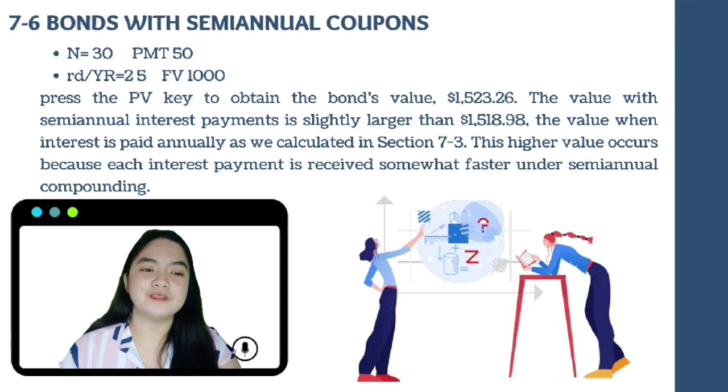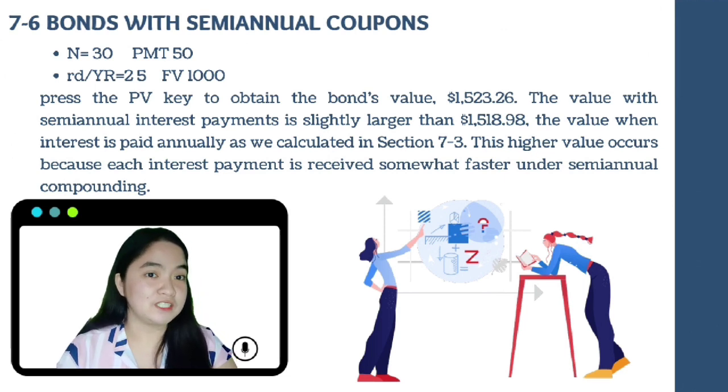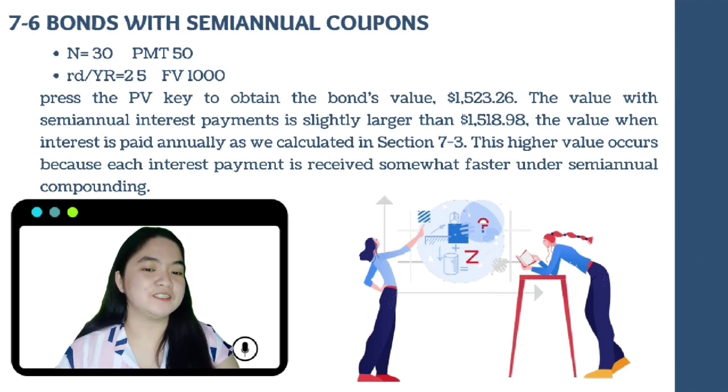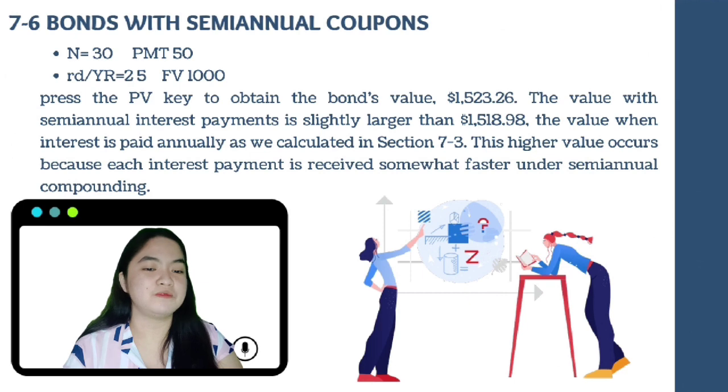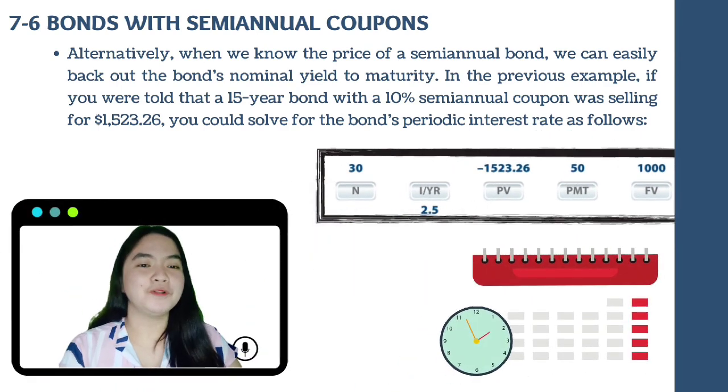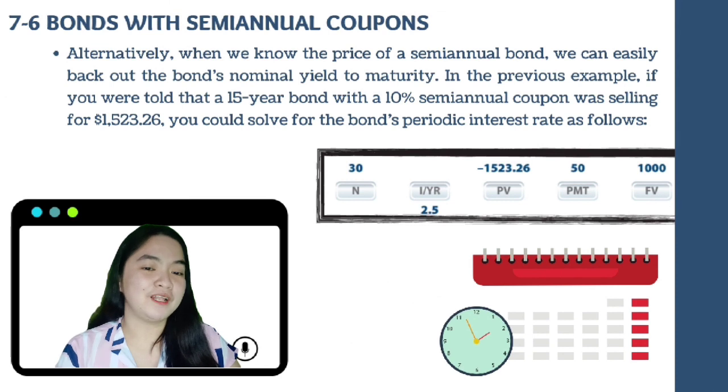So, the value with semi-annual interest payment is slightly larger than 1,518.96, the value when interest is paid annually as we calculated in Section 7. So, this higher value occurs because each interest payment is received somewhat faster under semi-annual compounding. Alternatively, when we know the price of a semi-annual bond, we can easily back out the bond's nominal yield to